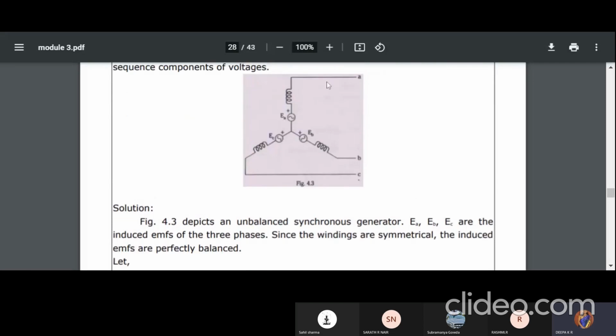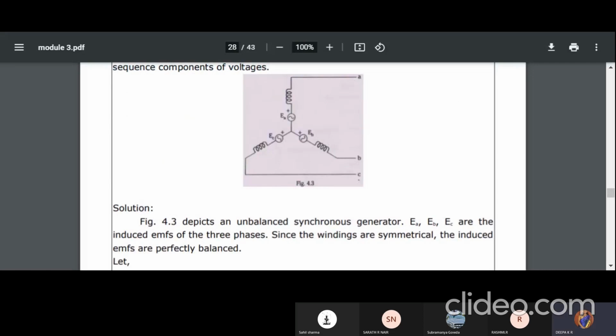Similarly, you see the diagram A, B and C. The combination we have to take in anti-clockwise, because we are going to prove it in positive sequence terms. So the order of movement will be in the left direction, anti-clockwise. In that case, A to C has 120 degree, and A to B has 240 degree. Or else, if I change the direction of movement to clockwise, instead of writing 240 in anti-clockwise, you can write the same answer as minus 120 degree. Okay, hope everyone has taken the diagram.